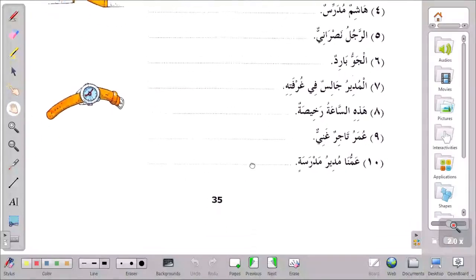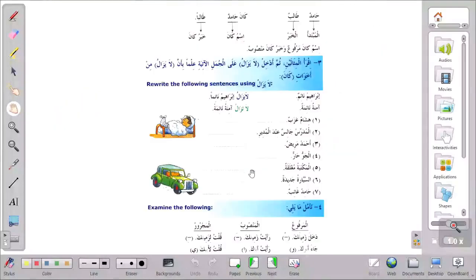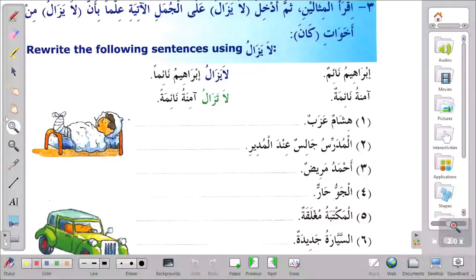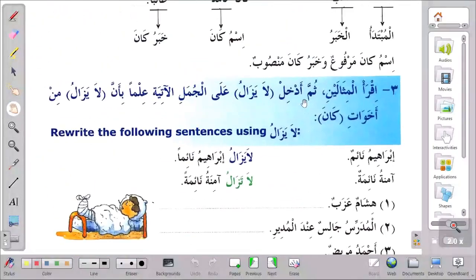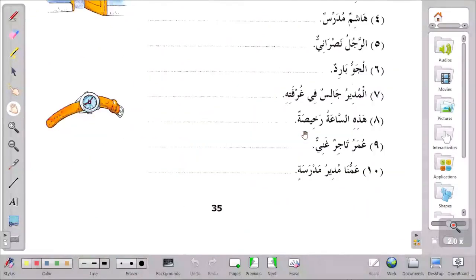Okay. So here we have a new one. This one requires time for us to explain certain things, and that would make the lesson extremely long. Let's pause here and then we'll continue in the next lesson. I hope that is clear. Inshallah, if anything is not clear, try to draw our attention so that we'll attend to you.